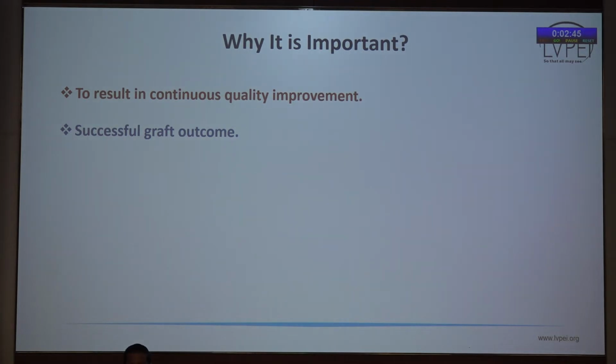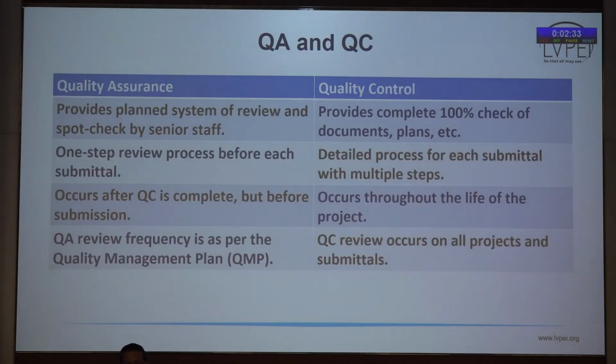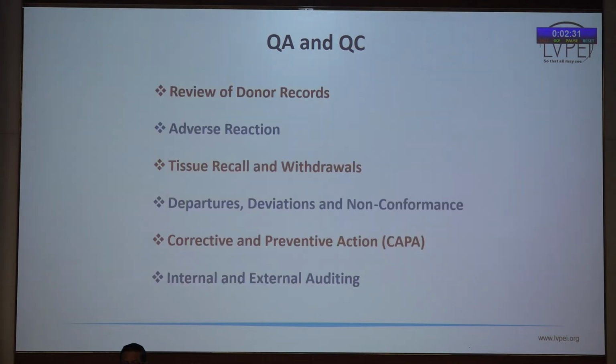So why were we talking about certification? Because one was certification, one was the model. To result in a successful graft, at the end of the day we want a successful graft outcome. So quality control is a part of quality assurance. So this is quality assurance and quality control. What we do normally, I'll just tell the names and show a few pictures where quality assurance is done. Usually a medical director and eye bank manager, and first of all, there should be an SOP in each eye bank.